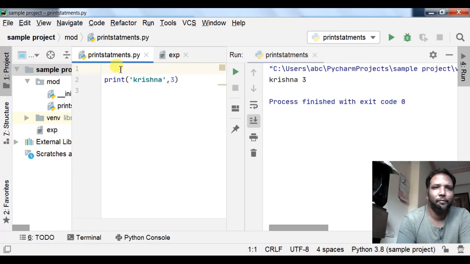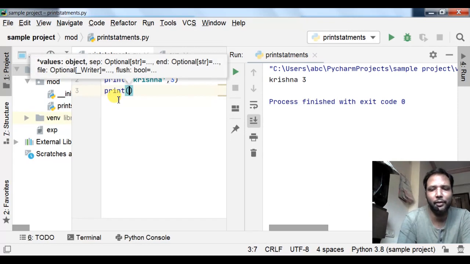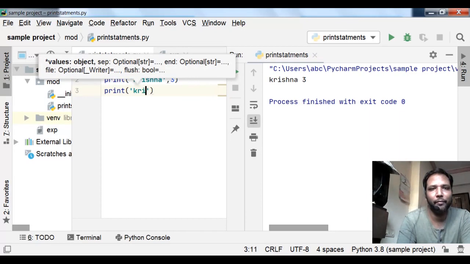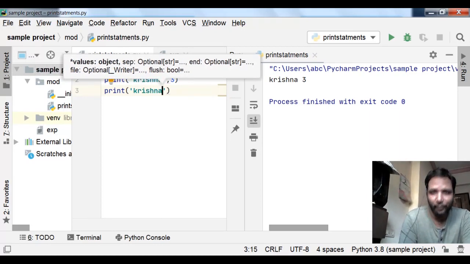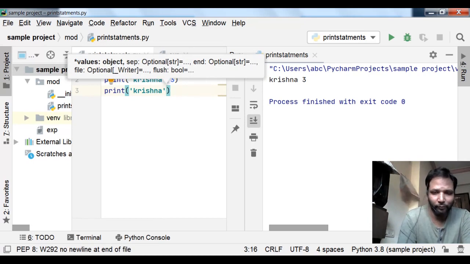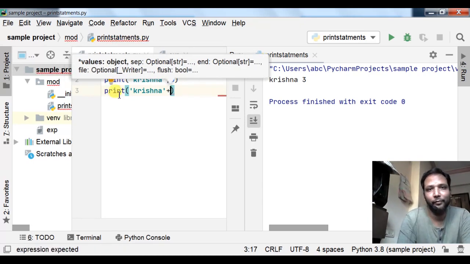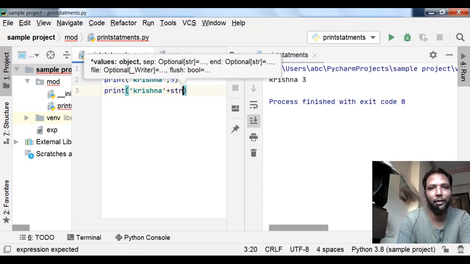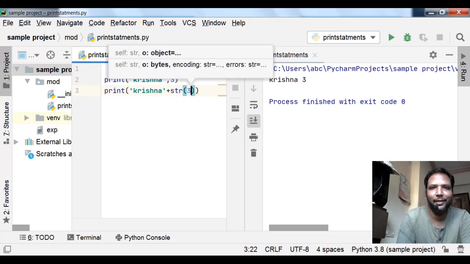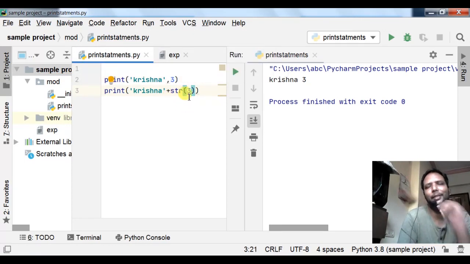Suppose here, print, if I am concatenating two strings, plus type conversion, if I wanted to convert this into a string, str(3). If I write like this, this 3 is being converted from integer to string. We'll see.